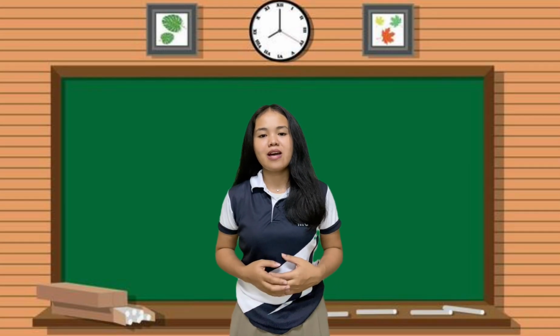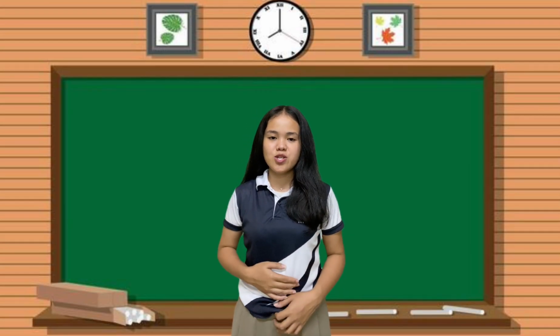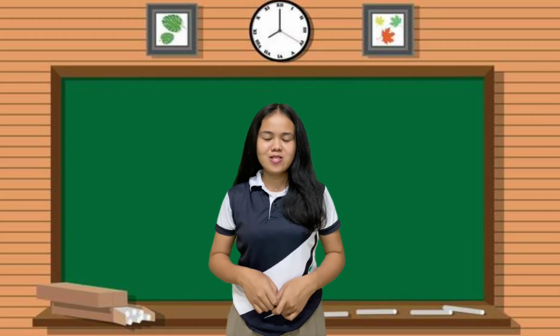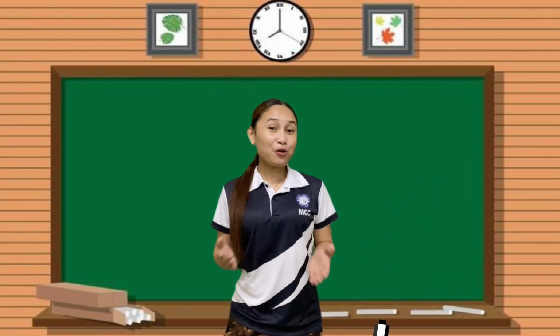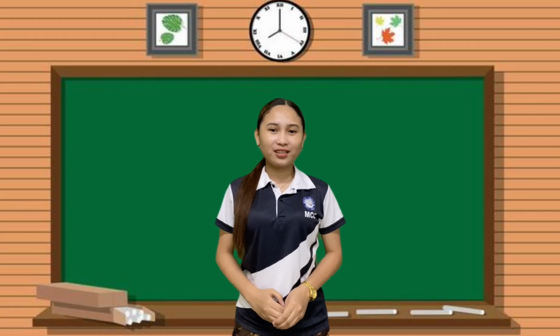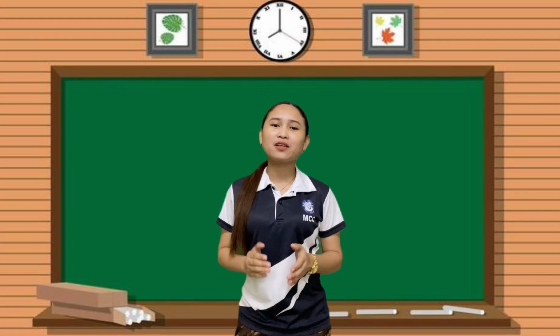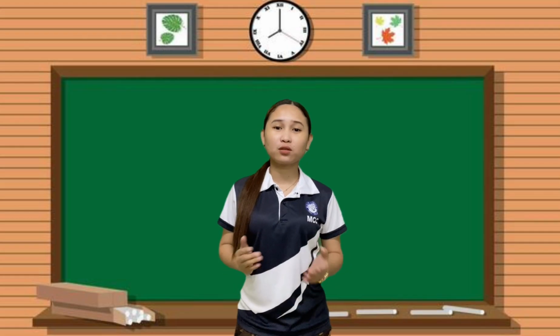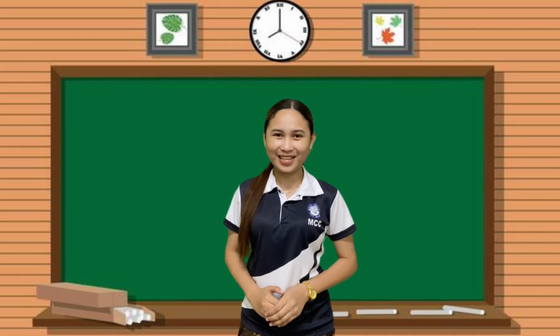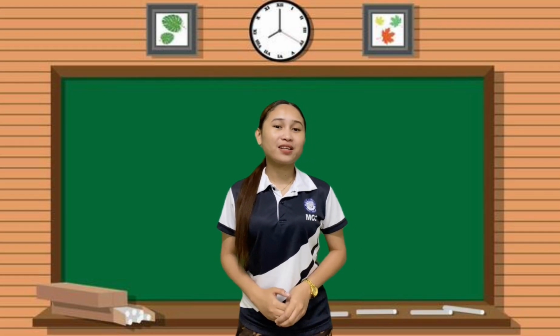This approach helps students not only understand geometry, but also develop the confidence to tackle more advanced topics. Overall, the Van Hiele model is a powerful framework that helps teachers structure their lessons in a way that aligns with the cognitive development of their students. By using the Van Hiele model, we empower students to approach